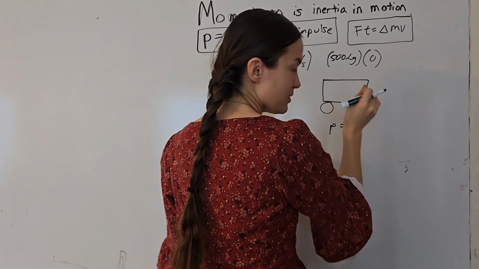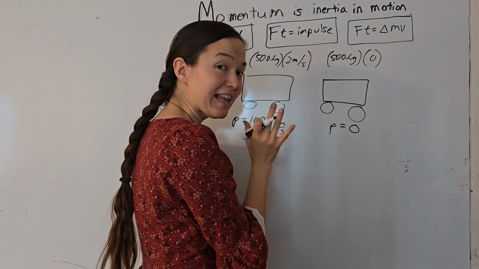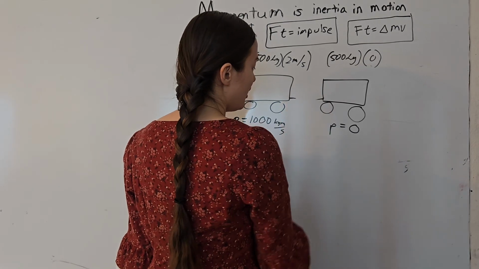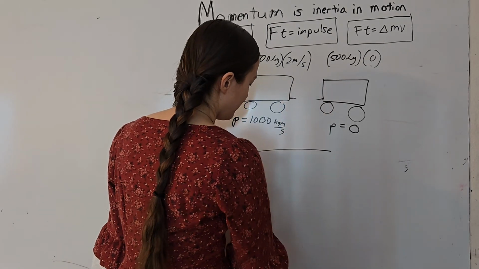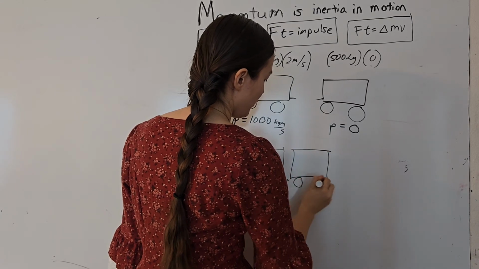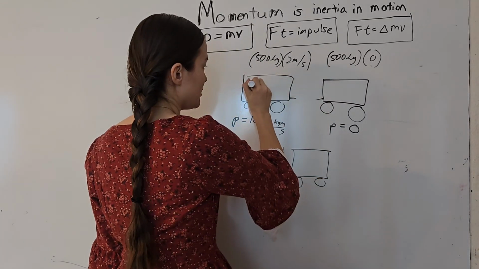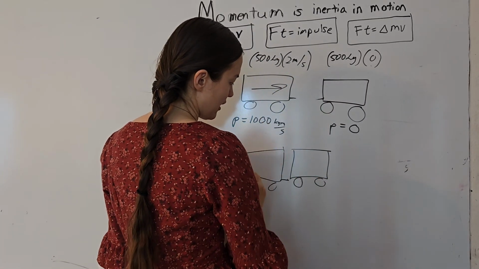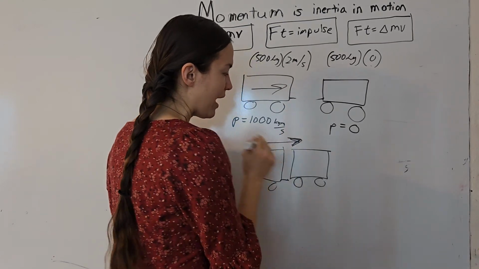Now they smack into each other. It's an inelastic collision, so they stick to each other. They're stuck to each other, and they're both moving along the track. Remember, this guy was going this direction. So now these guys together are moving along the track. And you say, well, how fast are they going now?